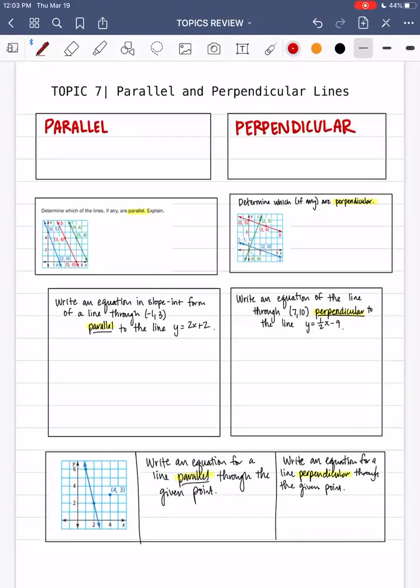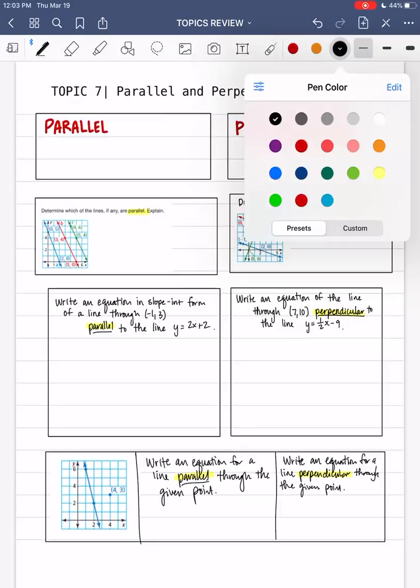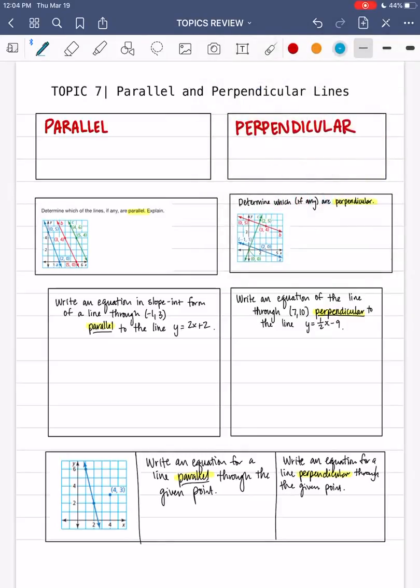Bam, topic 7. Okay, topic 7 is parallel and perpendicular lines, which was a really good time when we learned it, and we could definitely use some review. Okay, first off, parallel and perpendicular are scary words that both start with P, so